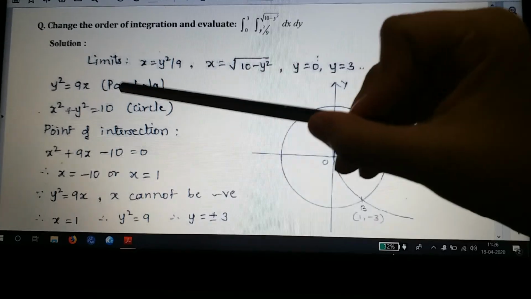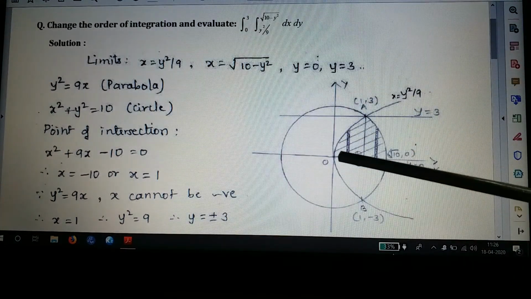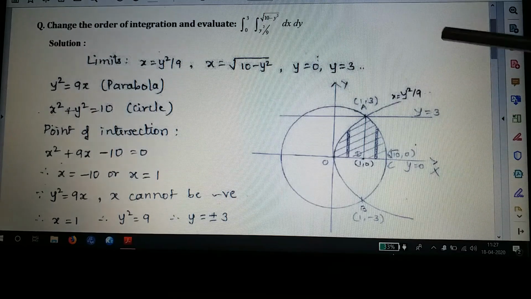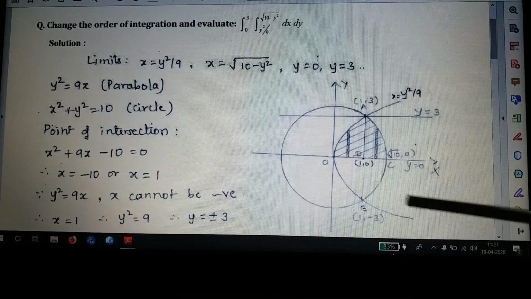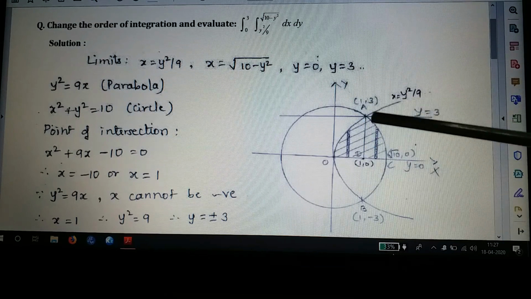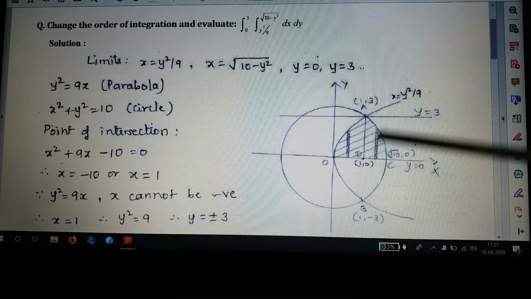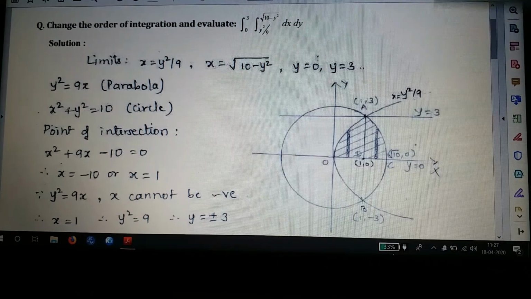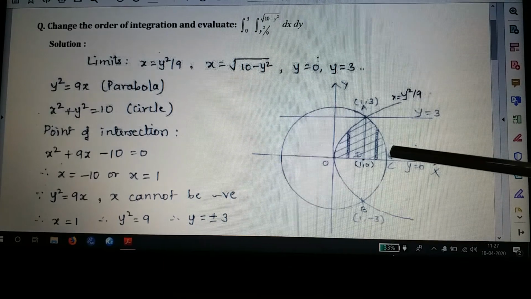Okay, now we know there at origin the center of the circle is there and we have a circle. We know there is a parabola opening on this side, which means the parabola is going to intersect the circle at 2 points. So we need to find the point of intersection first and then draw the figure for accuracy.